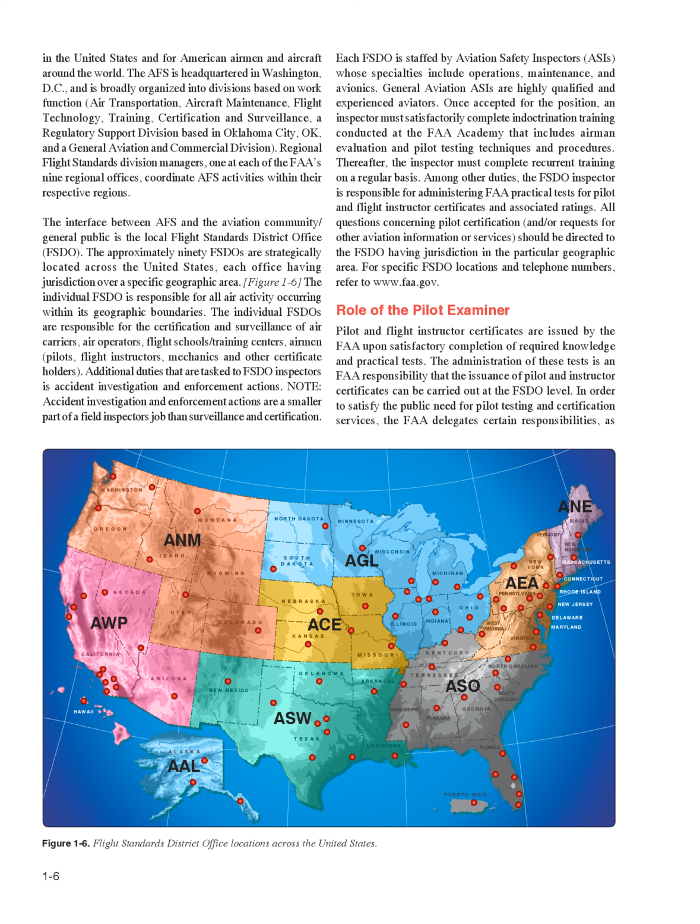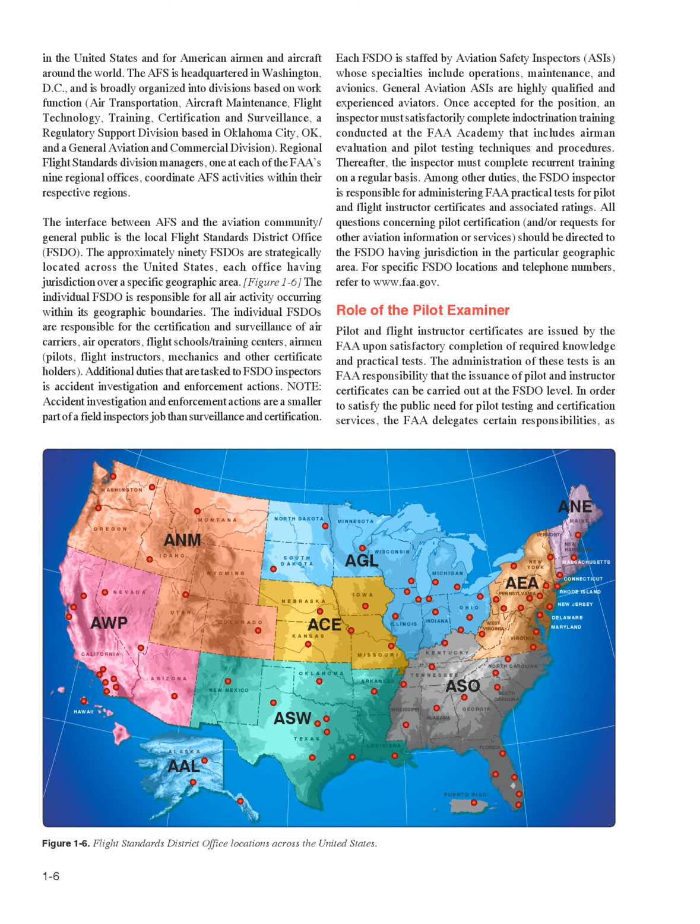In the United States and for American airmen and aircraft around the world. The AFS is headquartered in Washington, D.C., and is broadly organized into divisions based on work function: air transportation, aircraft maintenance, flight technology, training, certification, and surveillance, a regulatory support division based in Oklahoma City, Oklahoma, and a general aviation and commercial division. Regional Flight Standards Division managers, one at each of the FAA's 9 regional offices, coordinate AFS activities